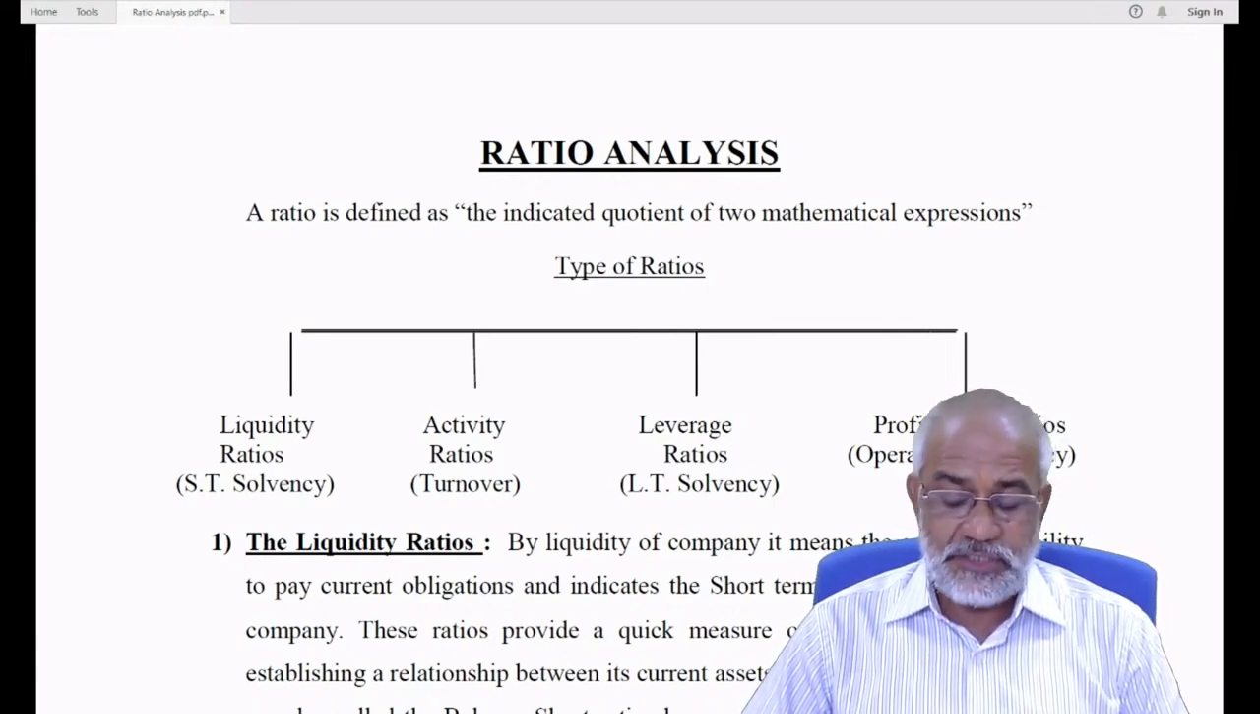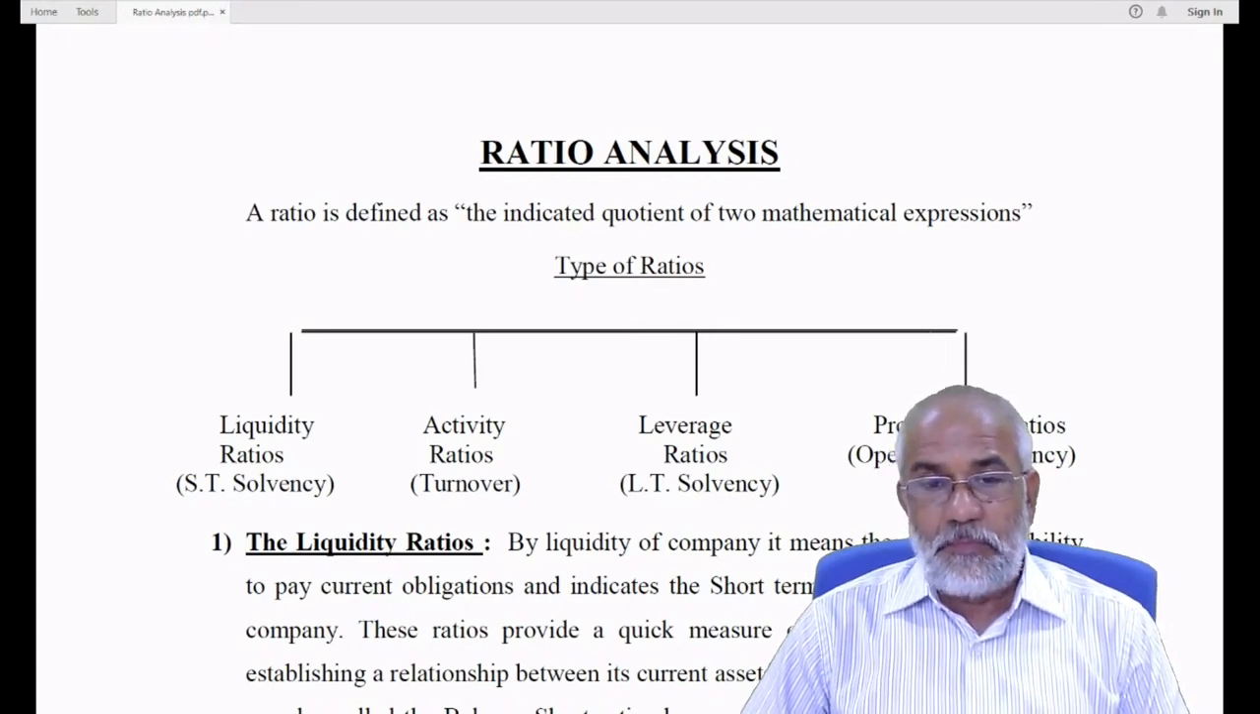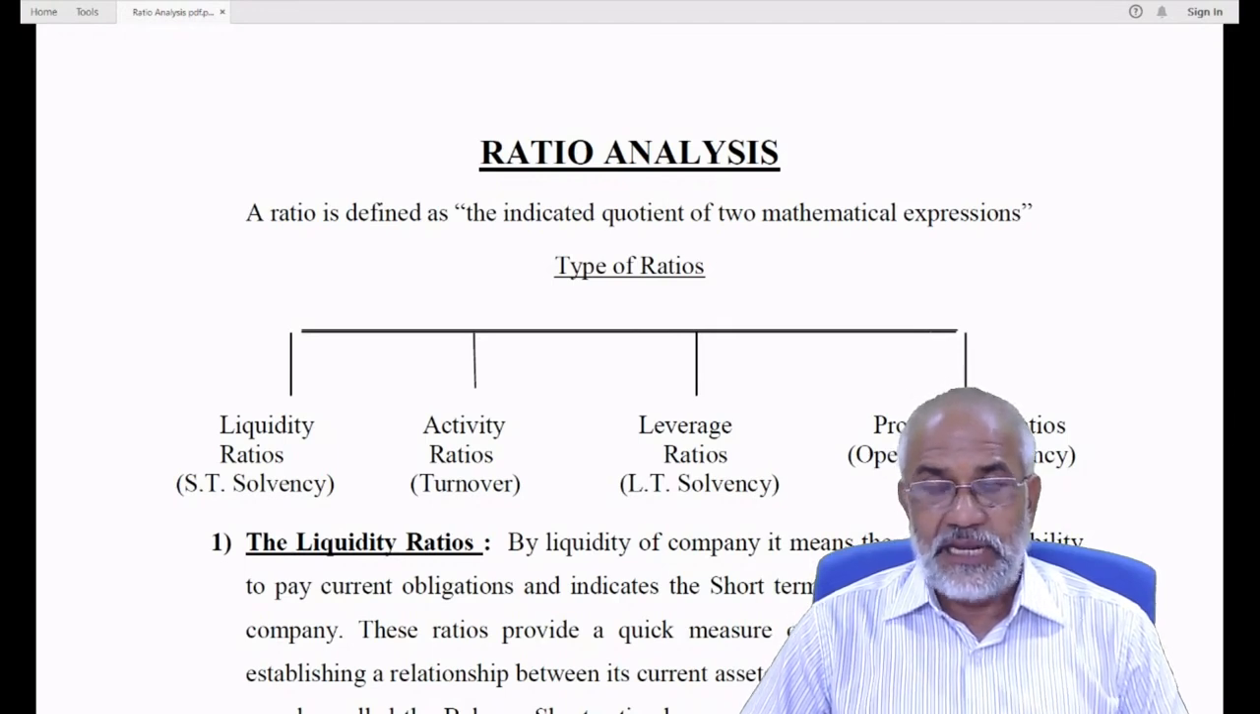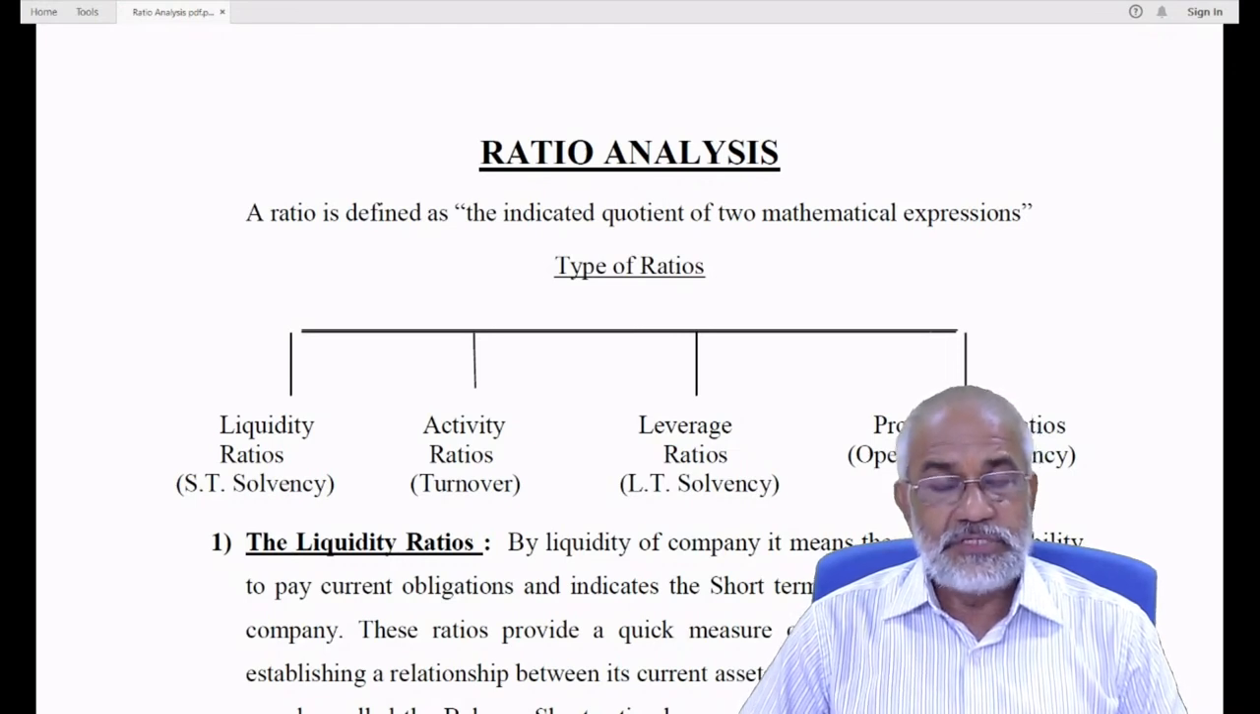Cash from operation is equal to the funds from operation plus decrease in current assets plus increase in current liability minus increase in current asset and minus decrease in current liability. With this equation, we can convert the funds from operation to cash from operation, and with that we can prepare